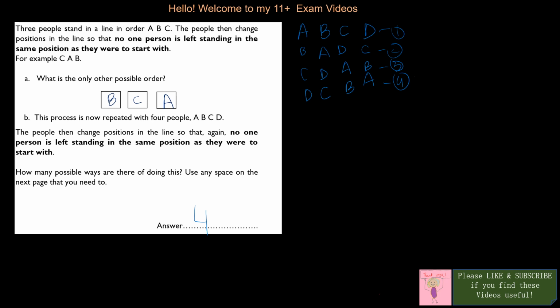So this is what is your answer. That is what you have to write. So this is the working out that you show, and that's the answer. Okay, so let's go to the next question,